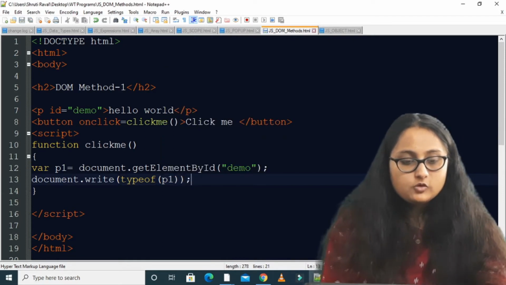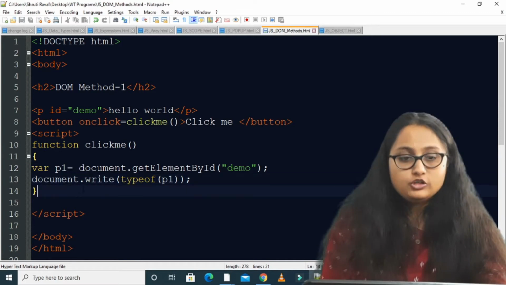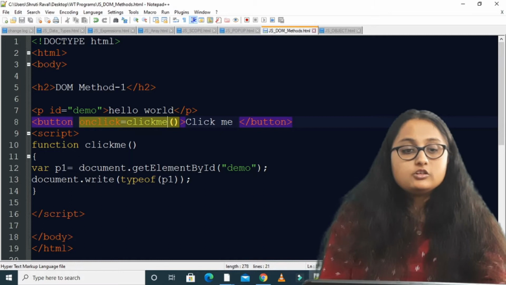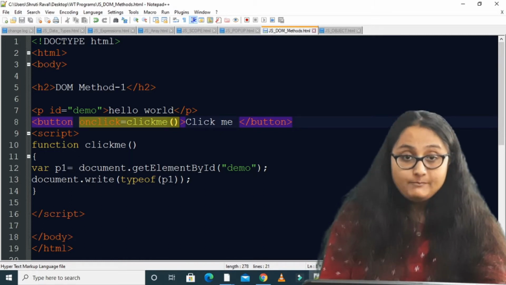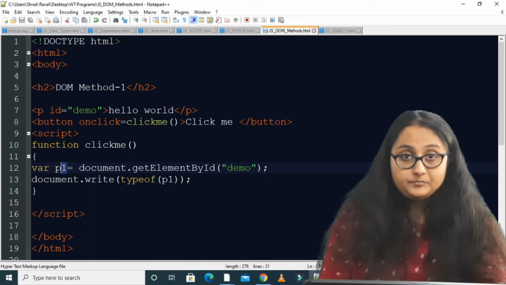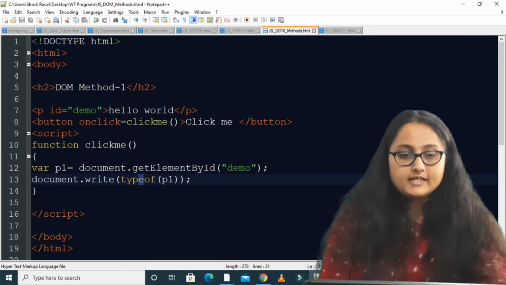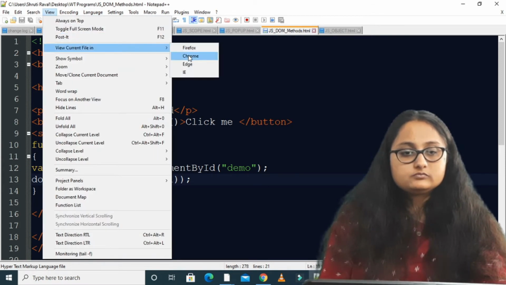So what do I want? I want that when this button is clicked, I get the type of this variable p1, and I display the type of this variable p1, right? So let us see what the output is.